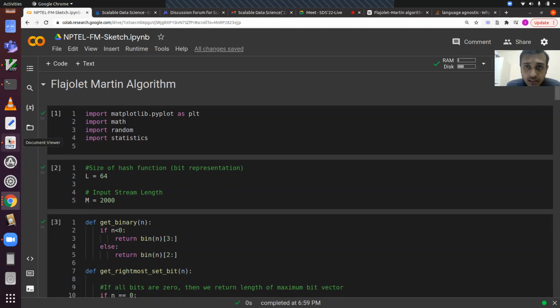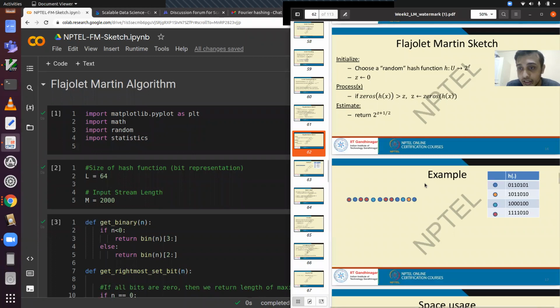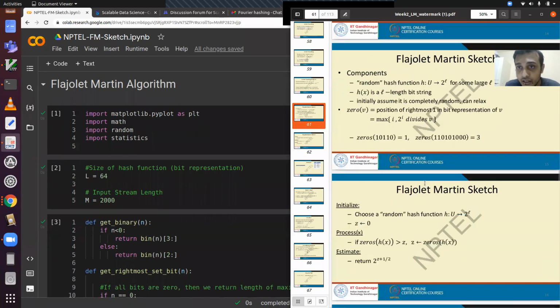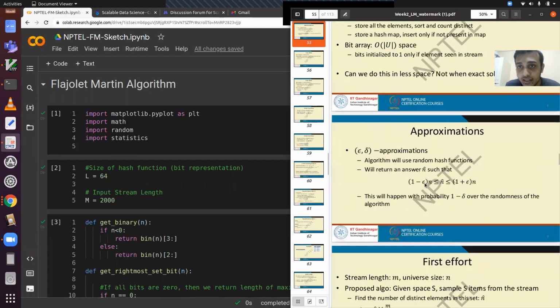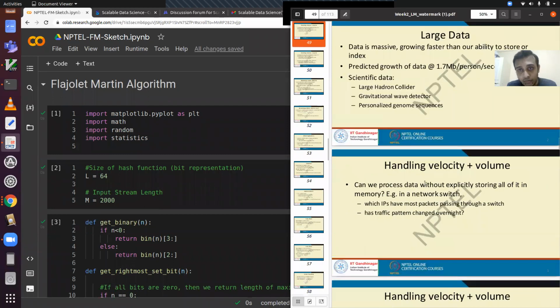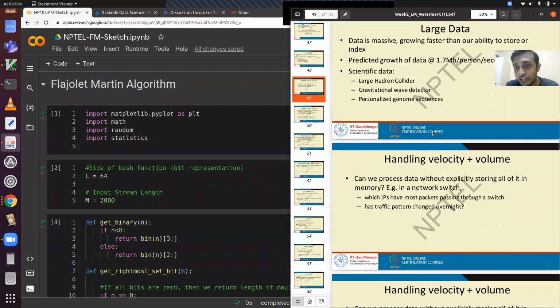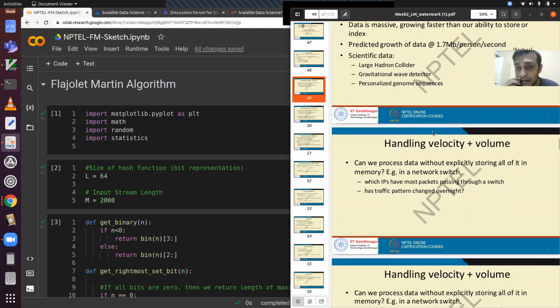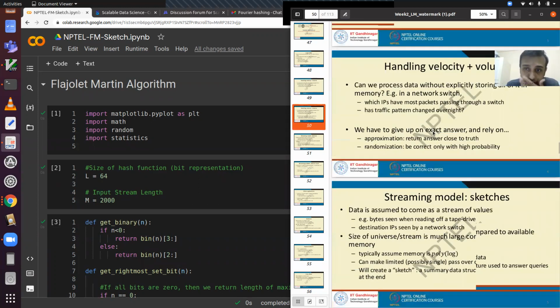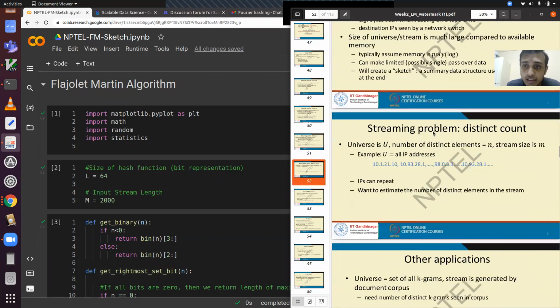So this has a lot of applications. Here I am just referring to the course slides that are being discussed in the lectures. There are a bunch of applications where this finds use, such as in internet routing algorithms or in various sort of analytics and so on. So the problem with the naive techniques is that